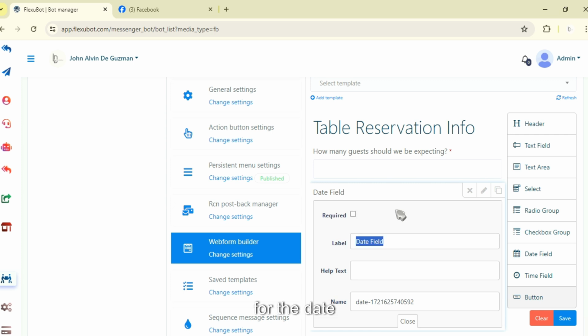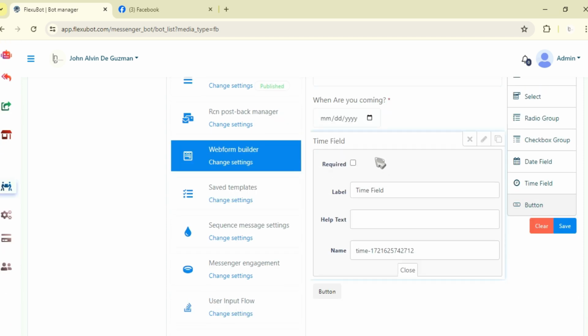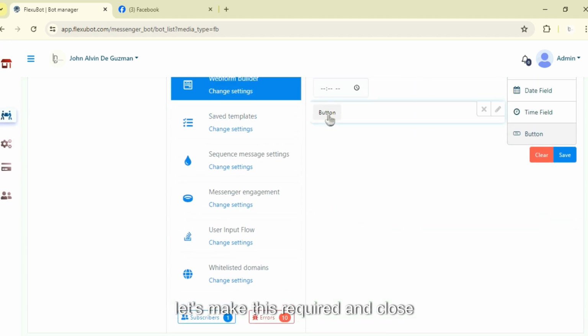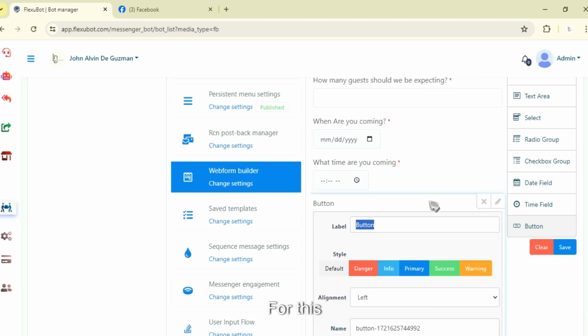Okay, for the date, when are you coming? Okay, this is required. Let's click close. Okay, let's make this required and close. And for the button, you could name it anything you want. For this tutorial, I will name it as submit button. Submit, and you could